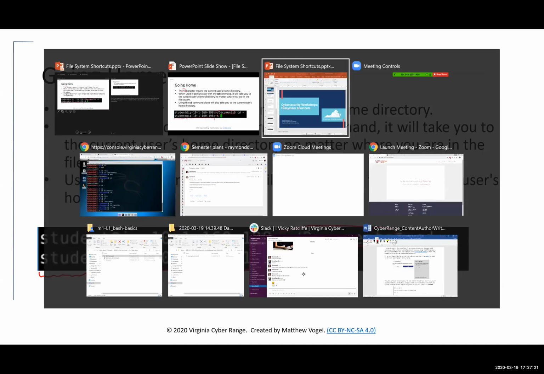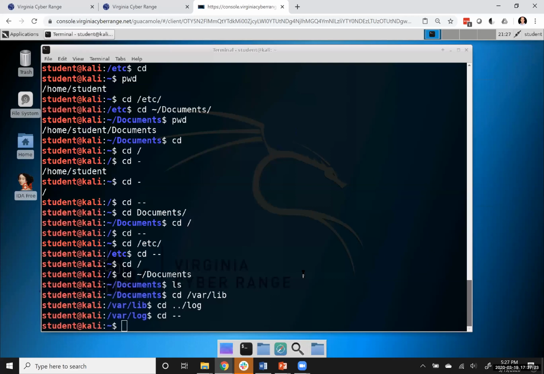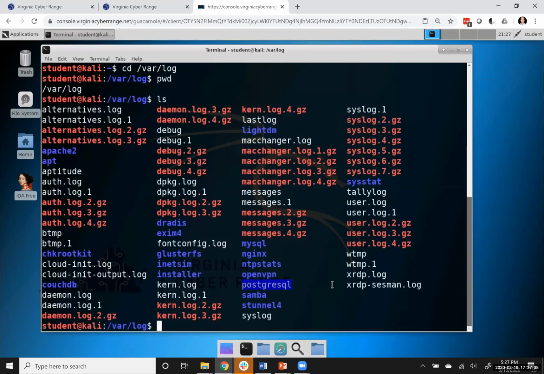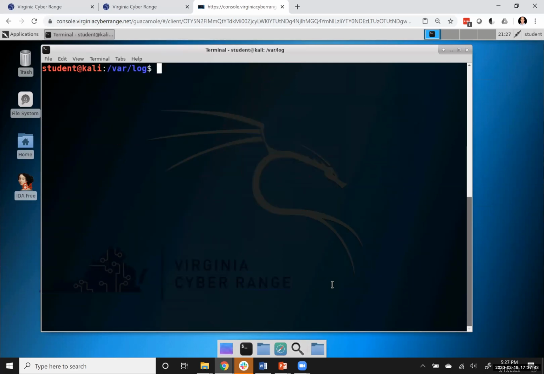Let's take a look. I'm going to cd somewhere else in the file system: /var/log. What's in here? There's a bunch of logs. If I'm in /var/log and I say cd space tilde, it takes me to my home directory. If I go back to /var/log,